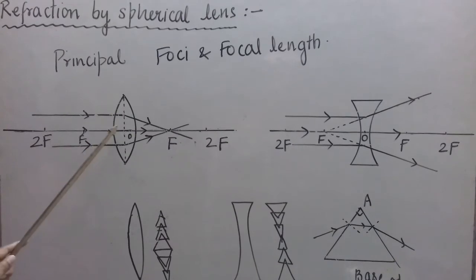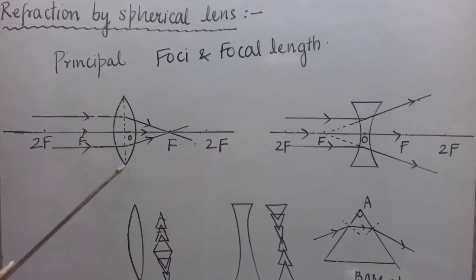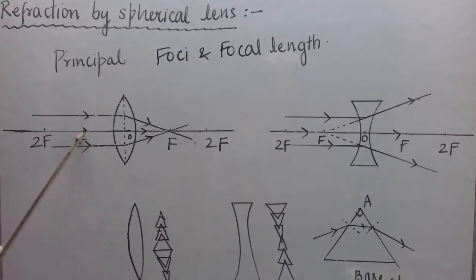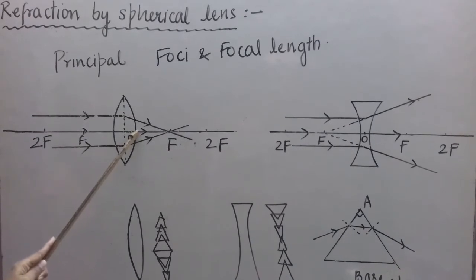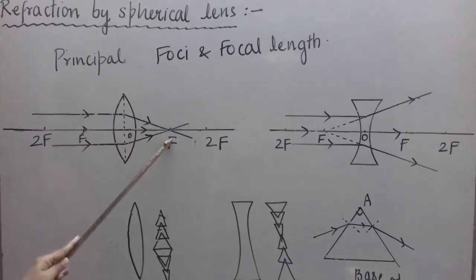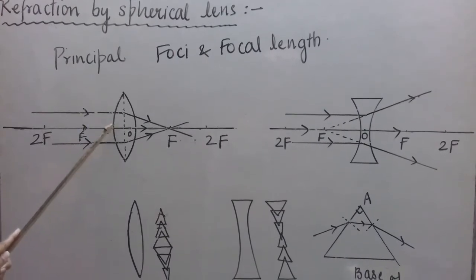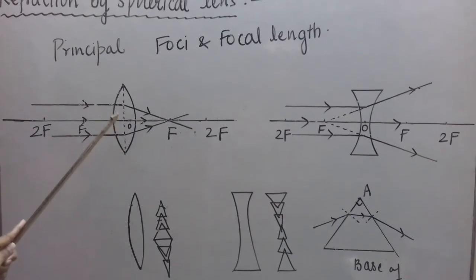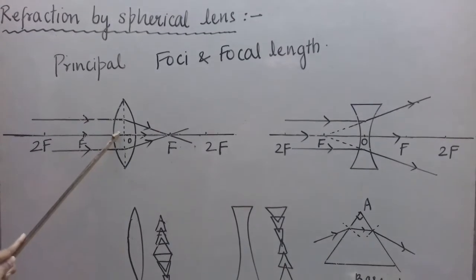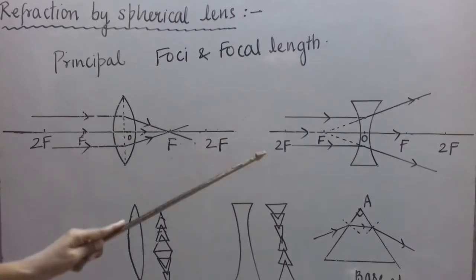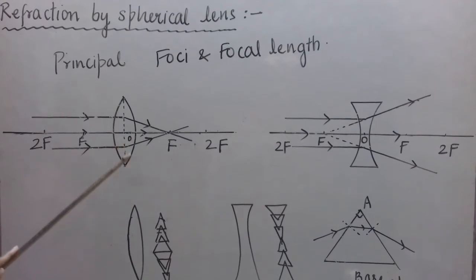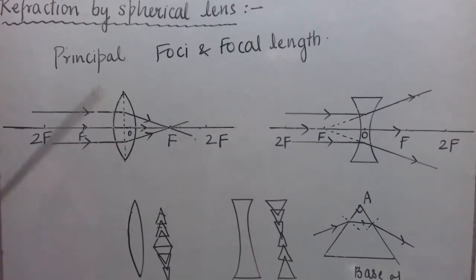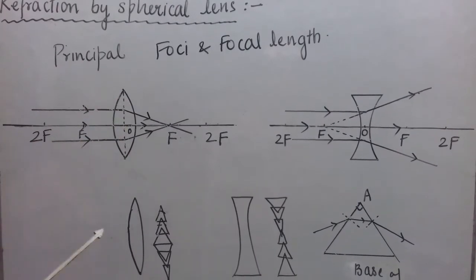Now students, here we have taken a thin lens. Actually if you see, the focal length for this side should be F, measured from this focus up to this distance, and the focal length on the other side should also be F. But because we are considering the lens to be very thin, we can assume this thickness is so small that overall we can measure all the distances from the optical center. So that's why we use thin lenses. All the distances which are parallel to the principal axis should be measured from the optical center. I hope you have understood the principal foci and focal length of a lens.